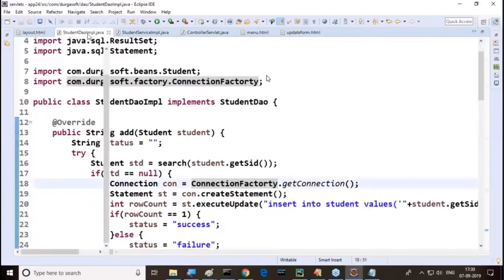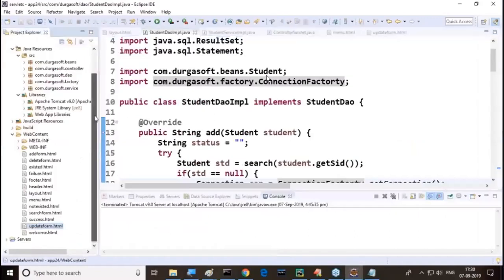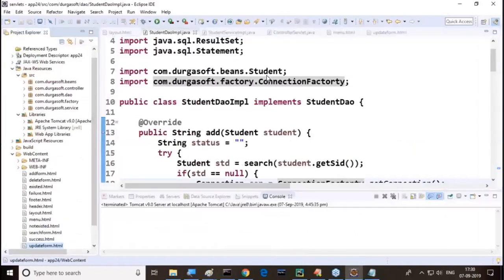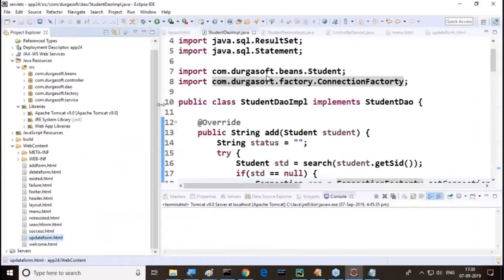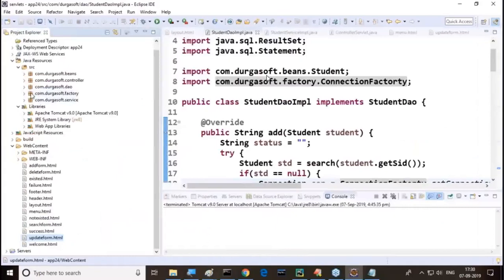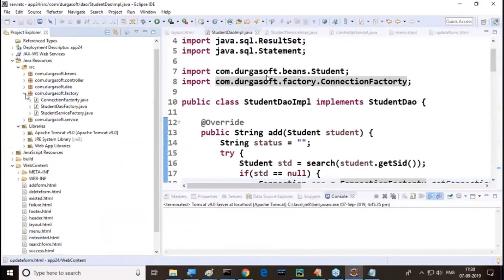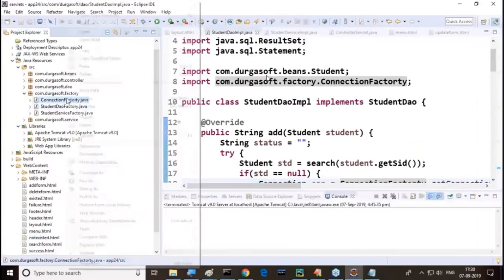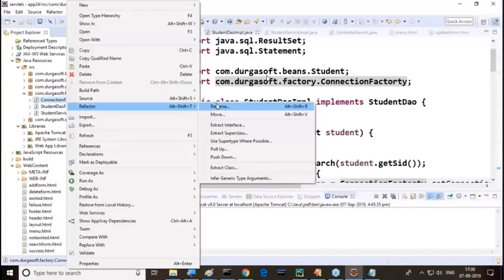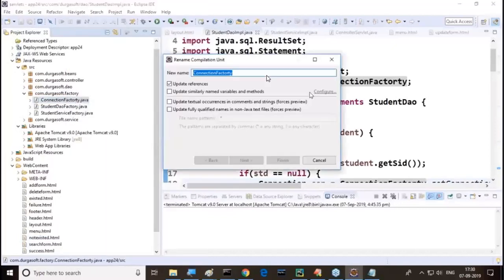So what we have to do? No problem. If you want to check it, if you want to correct it, what we have to do there? Now tell me first of all. We need to go to the factory. Where is this factory? Here, ConnectionFactory. Student factory connection; the same mistake is available. Right click on it. What do you have to do? Refactor, rename. Now observe this clearly. Eclipse STS is giving a very good option for us, no? Wherever we have used it with the same mistake,